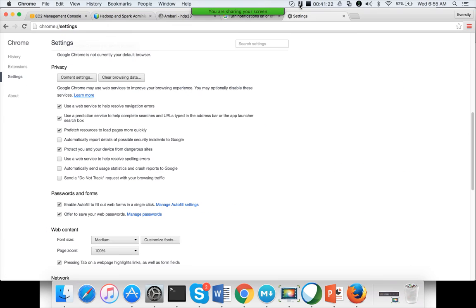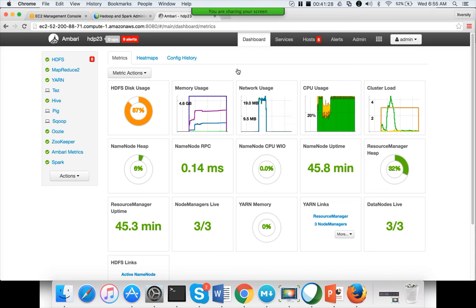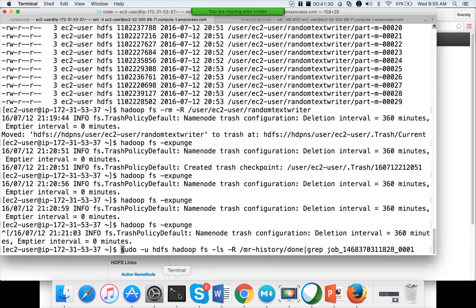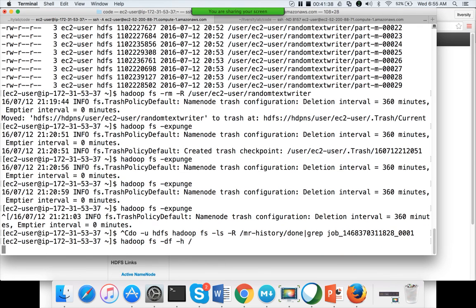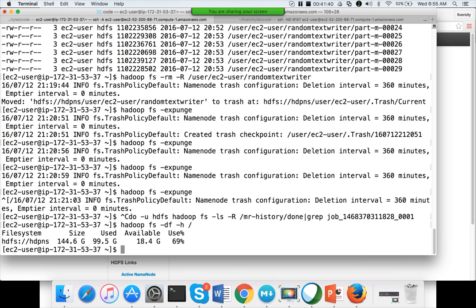Okay, so now we are good. Let me run the df command to see the free space on this cluster. It is still showing 99.5 gigabytes used. Oh my god. So I need to expunge.